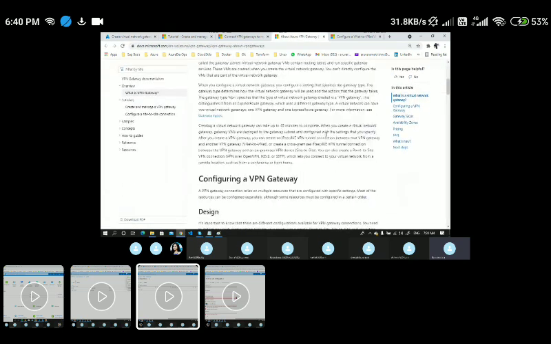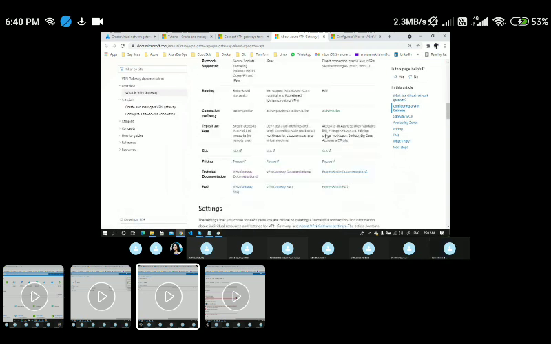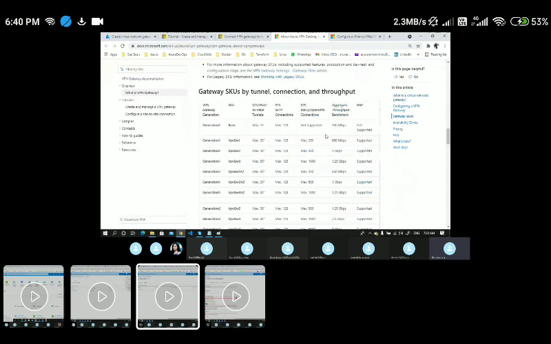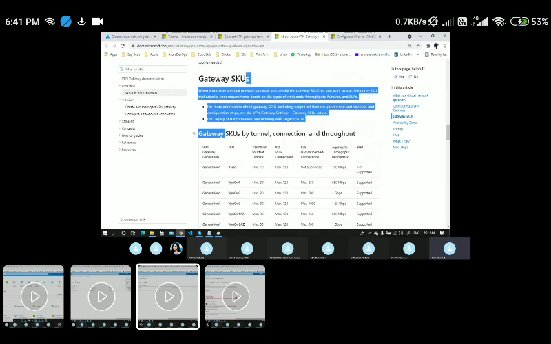If I come down, here we go, gateway SKUs. Whenever you say SKU, it is related to pricing. Just simply remember, SKU is simply related to pricing in Azure.